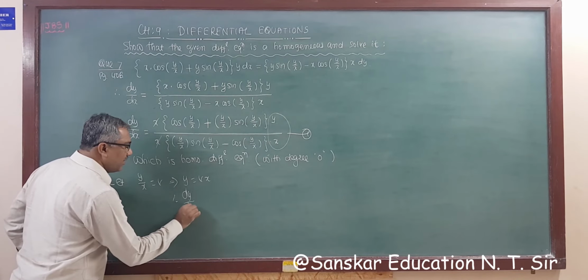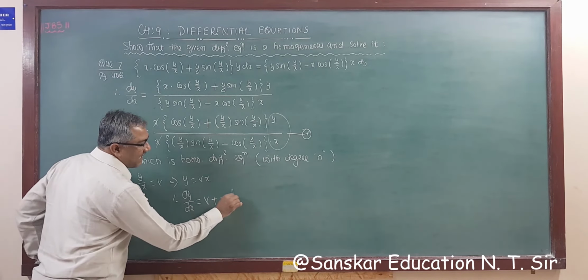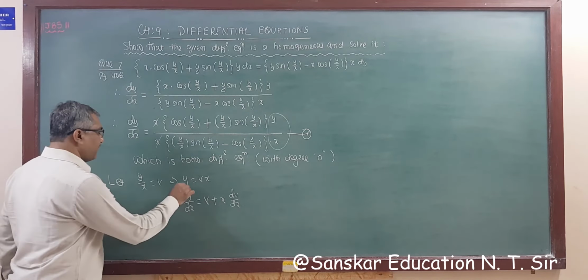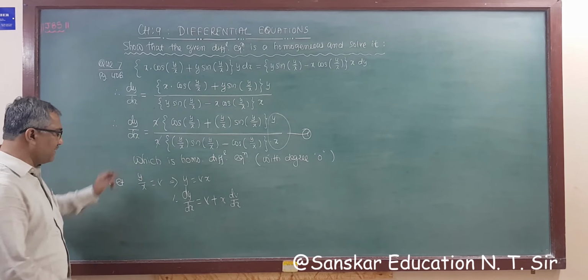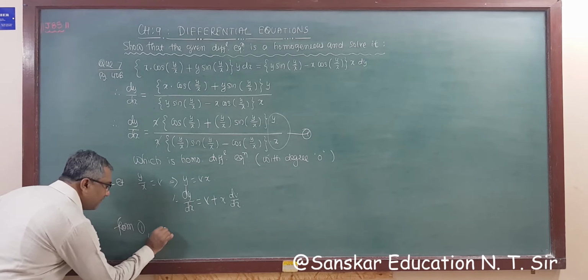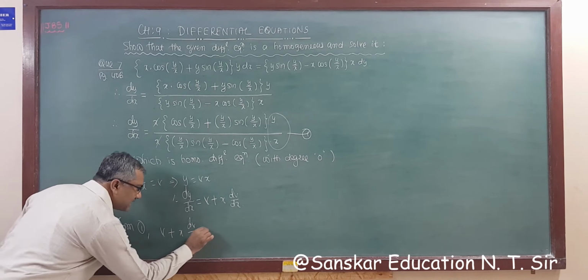Now this you must have learned by heart. What is the answer of this? v plus x dv by dx. So substituting value of this in equation number 1. So from 1 what we get? So from 1 we get v plus x dv by dx is equal to,